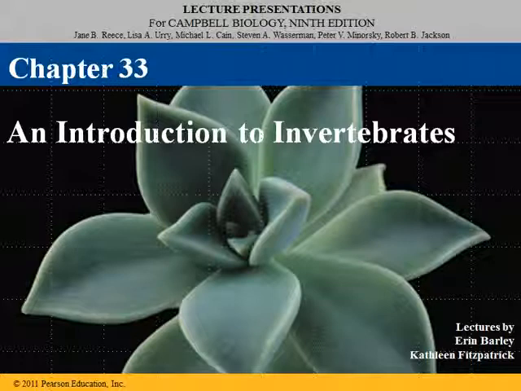So you will not need to memorize every group that's presented in this chapter, but I do want you to know some of the major groups, note what makes them alike or what makes them different, what are some of the characteristics of the major groups, and perhaps some well-known examples. So I will try to highlight the things that I think are most important, and I don't want you to think that you have to memorize all the various groupings and creatures presented in this chapter, because in the time that we have that would be pretty much impossible. So let's get started with chapter 33, an introduction to invertebrates.